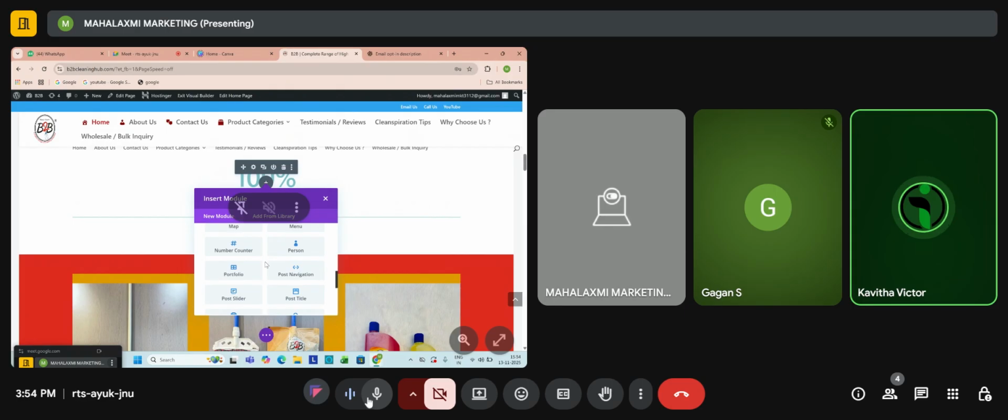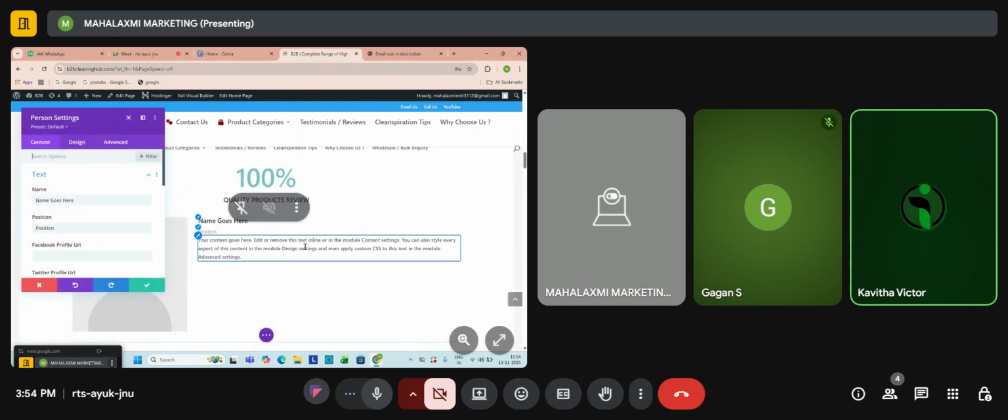Next module, person. Click on that person. In many websites you would have seen this person module. Nowadays people are inserting their employees' names and details in the website. Have you ever seen that?